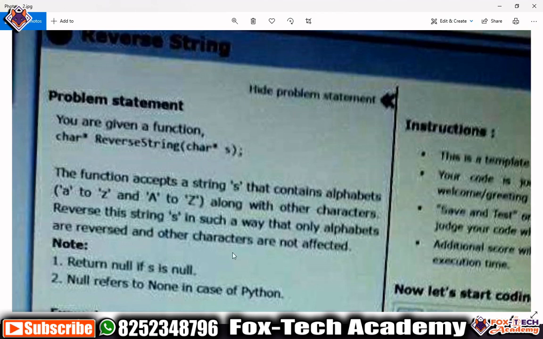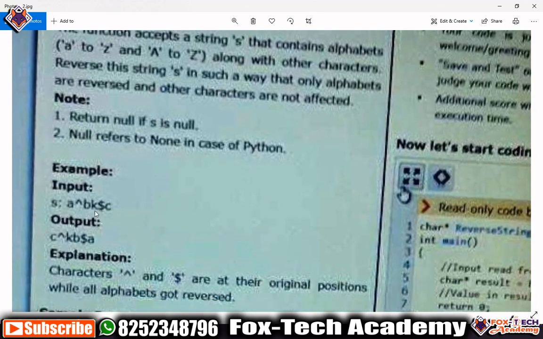not affected. It means that, suppose they have given a string, in this string they have alphabets and a special character also, so we have to reverse this string in such a way that the position of the special character doesn't change. The input is like a, caret symbol, b, k, dollar symbol, c, and after converting this string, it should be c, caret symbol, because the caret symbol is at the second position, so it is not going to change, and the dollar symbol is